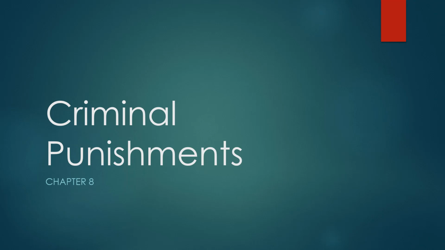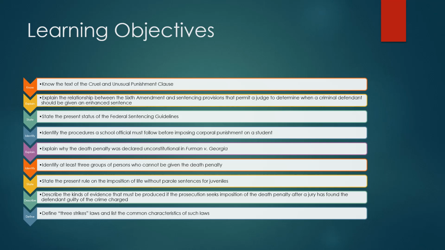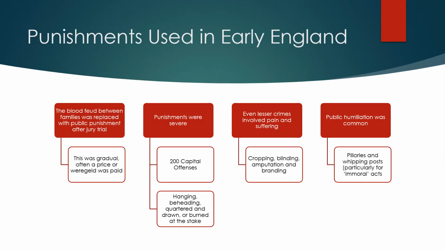So jumping into that, let me advance forward here. And that's our learning objectives, not terribly important. Let's talk about punishments used in early England. Of course, the United States is a descendant linguistically, legally, of England. So we brought over the common law. We are part of the common law family of law. So as we start our study of punishment, it's only appropriate that we look at